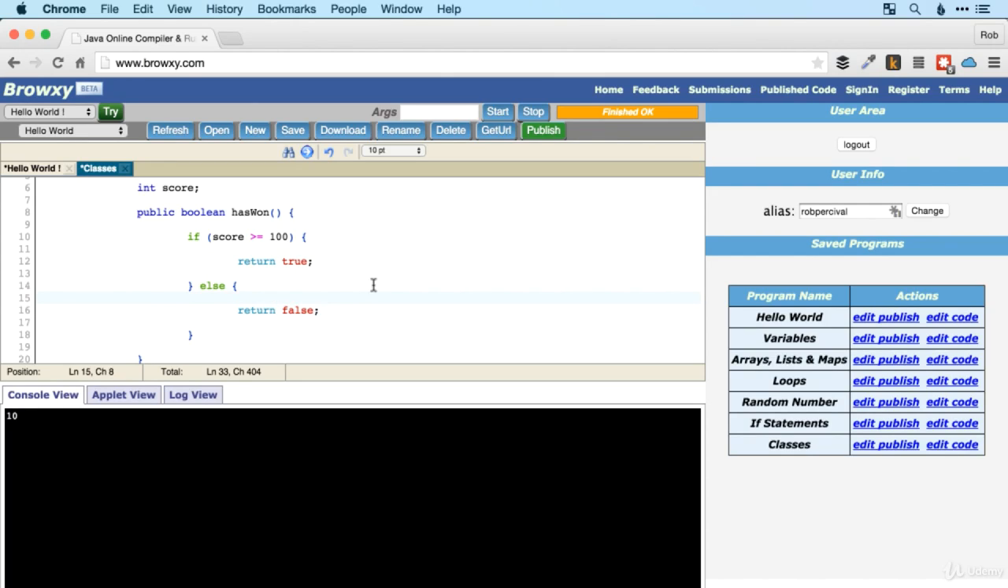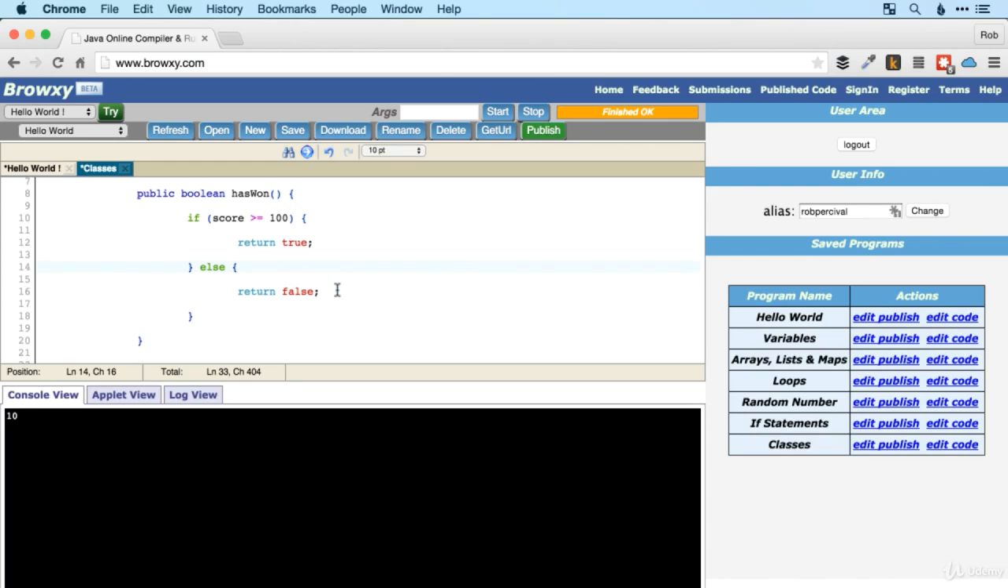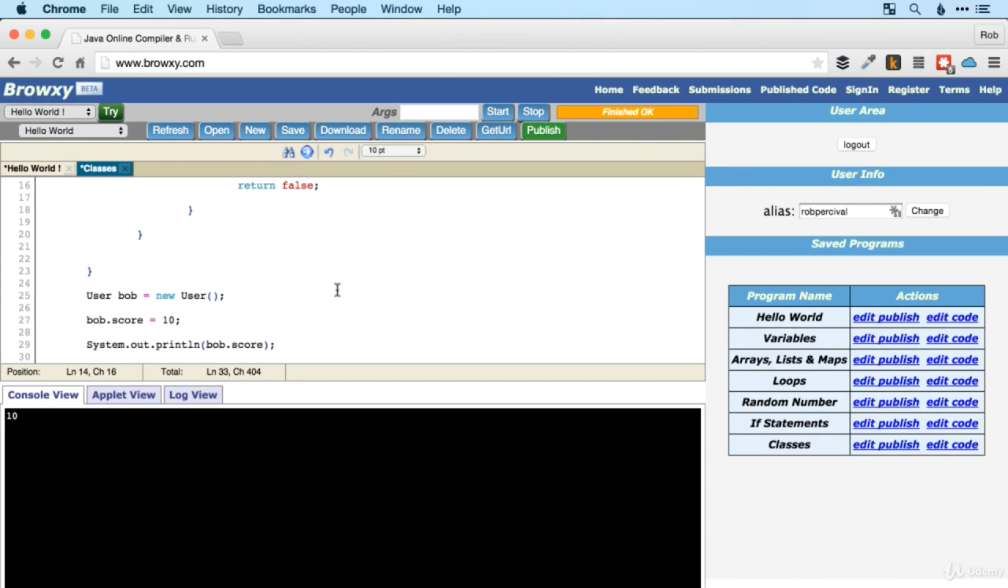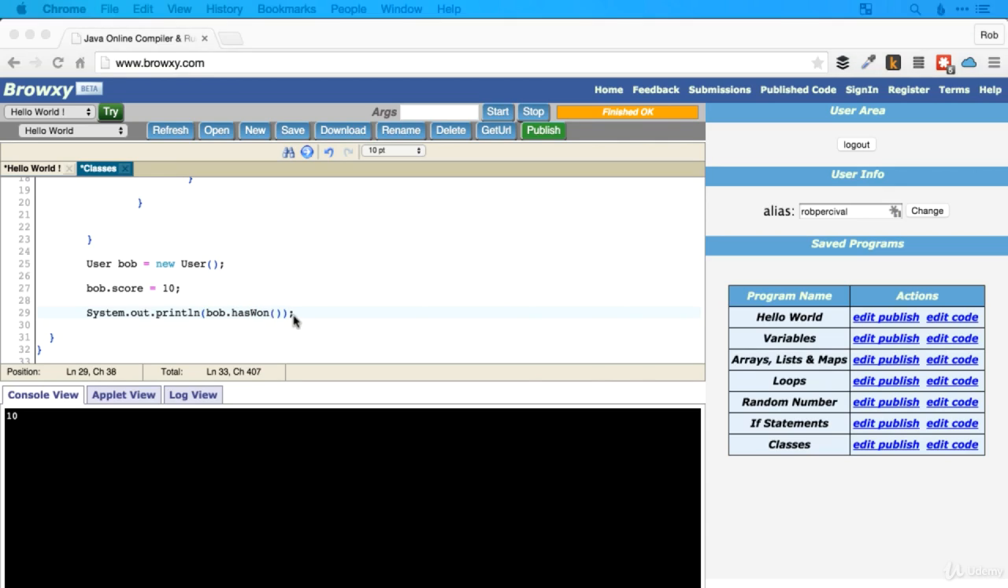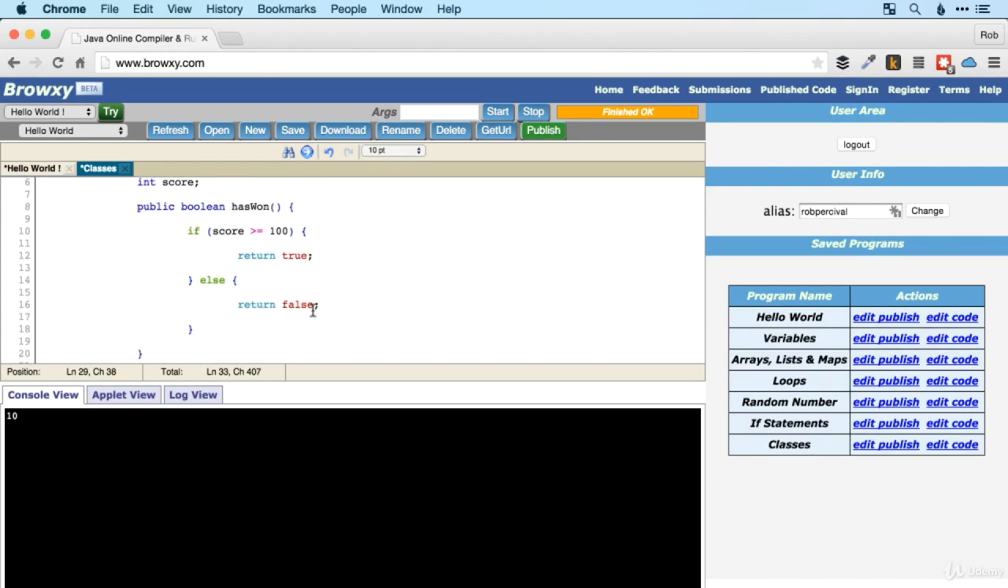There we go, because the user hasn't won yet. Now, how do we use that down here? Well, the obvious thing would be to just change this to bob.hasWon. And then because it's a method rather than a variable, we need parentheses afterwards. So this will run the hasWon method on Bob, which will then go up here, look for hasWon,